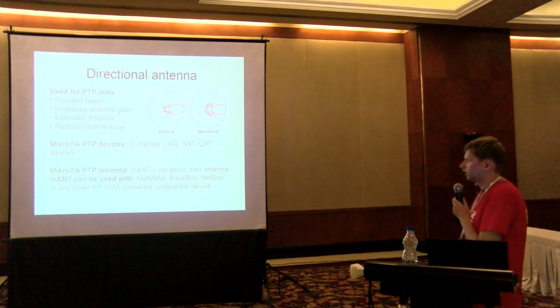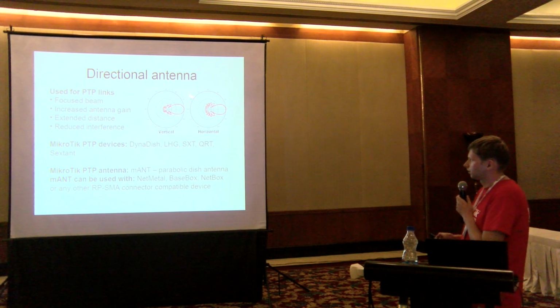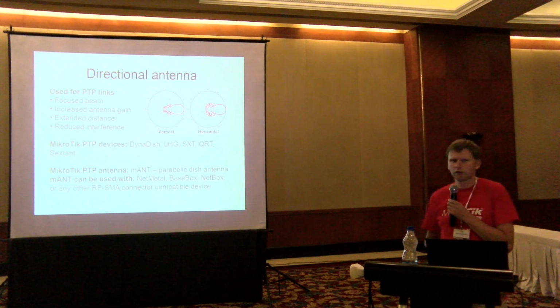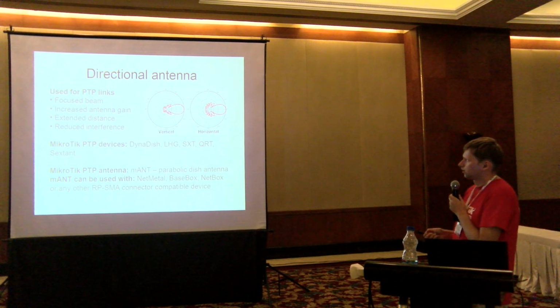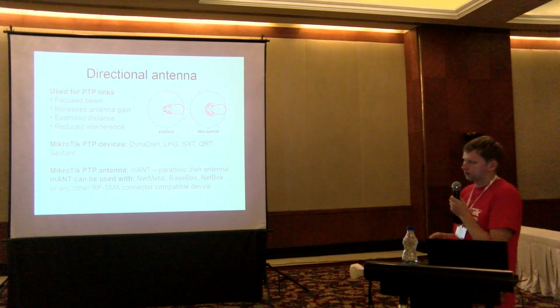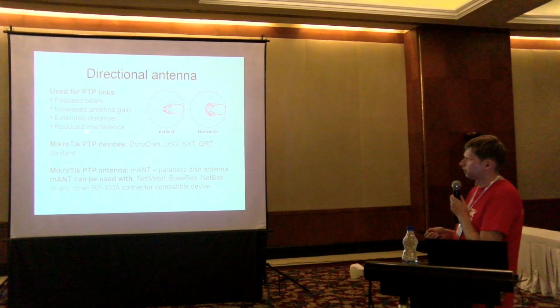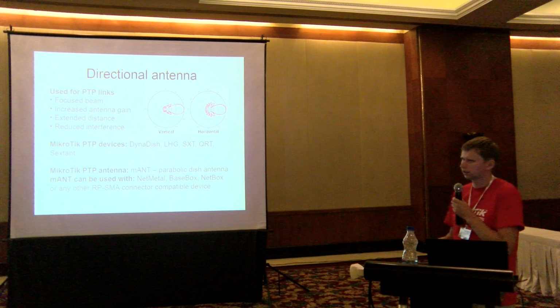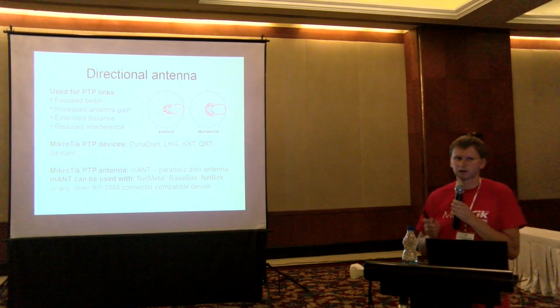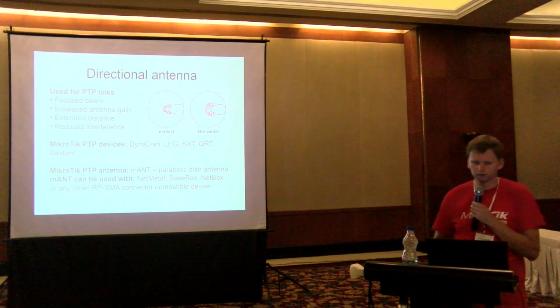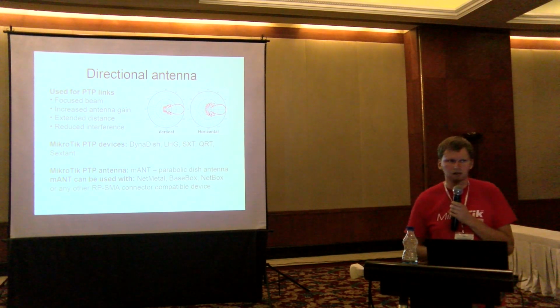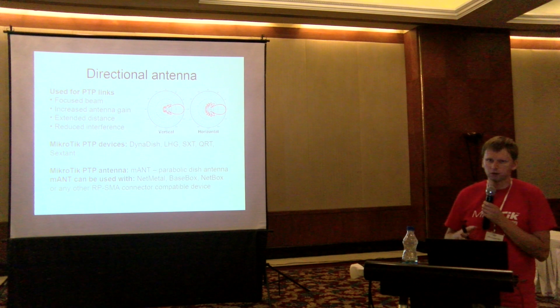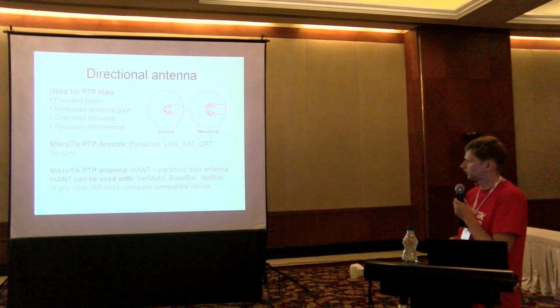For directional antennas, here are the antenna diagrams when you look at our web page or some other antenna manufacturer. The best you can get is a very well-focused beam with a very great antenna gain. You can get extended distances up to maybe even 50 kilometers or more. And you get less interference from your other wireless equipment on your tower or nearby towers.